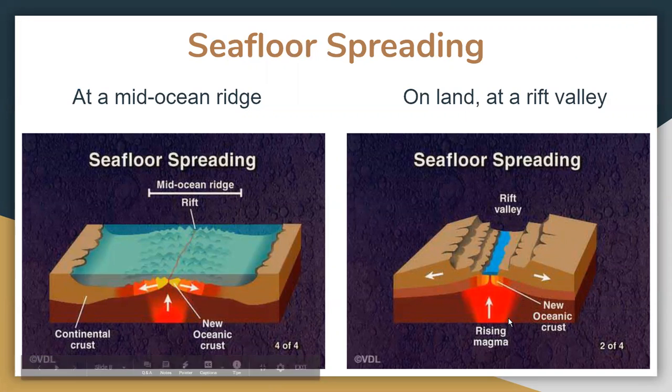Now this process can actually happen on land as well. When it happens on land, it's referred to as a rift valley, and this is basically just the beginning of the process. If it continues for millions of years, then it will eventually turn into what we see over here on the left. It could widen into an entire ocean. This center area would drop lower and lower in elevation and eventually fill with seawater, and then you'd have an ocean in the middle with two continents on either side that are slowly getting farther and farther away from each other.